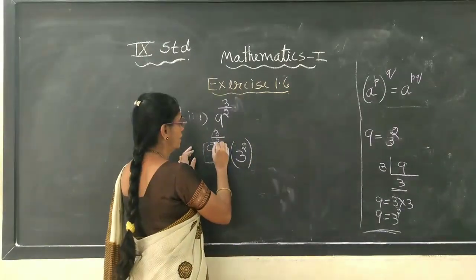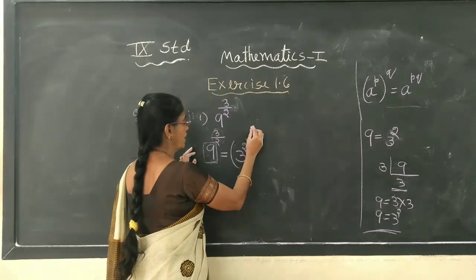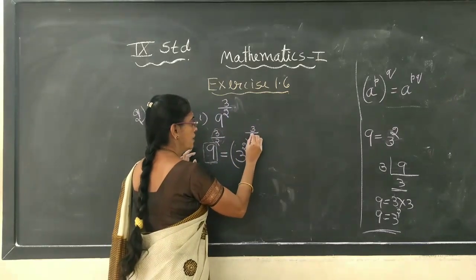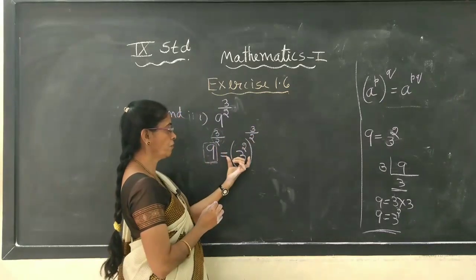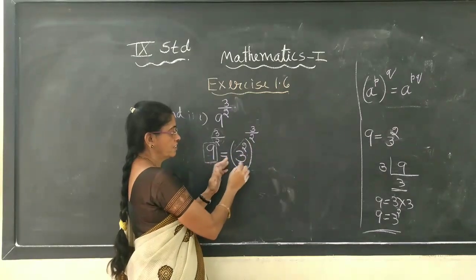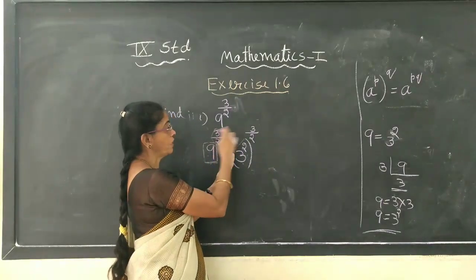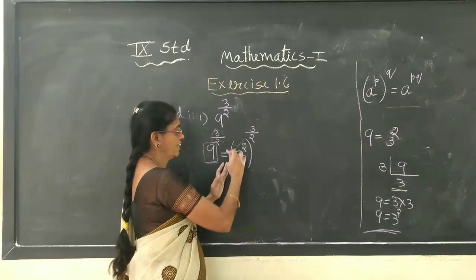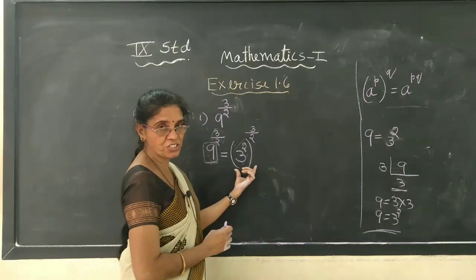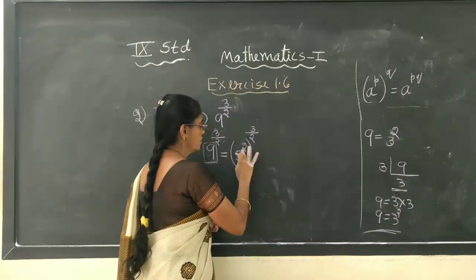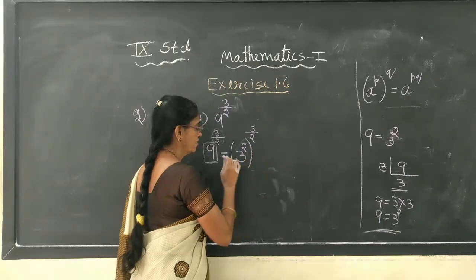Then this value I have to write, right? So it is outside, I will write it is 3 divided by 2. So it is the given problem, 9 to the power of 3 by 2. So only 9 I have written in the exponential form, okay. So I have not changed anything.